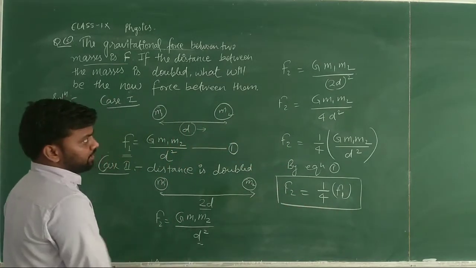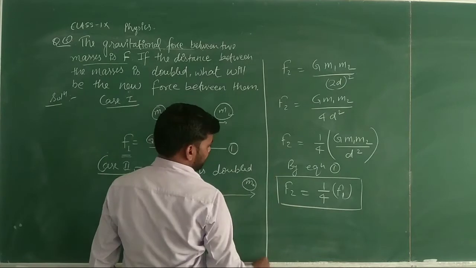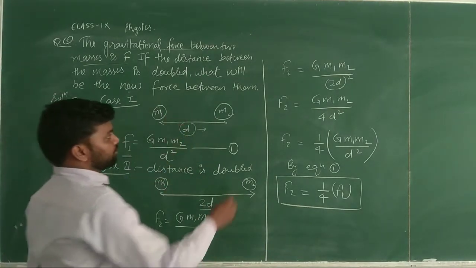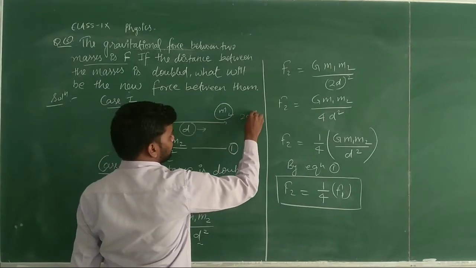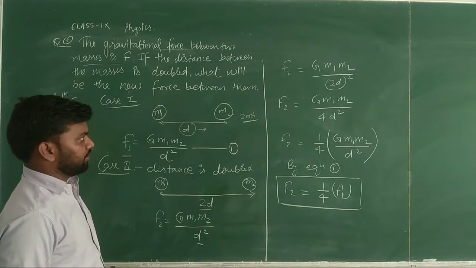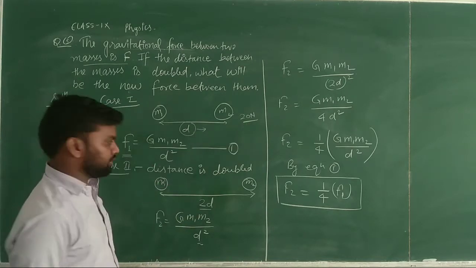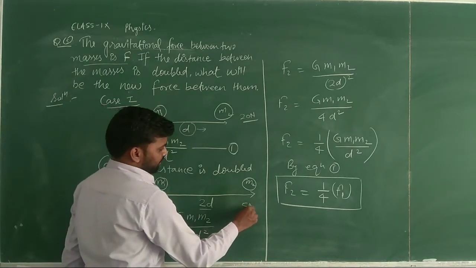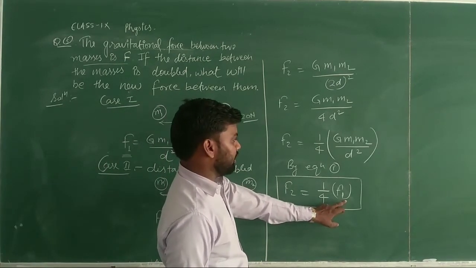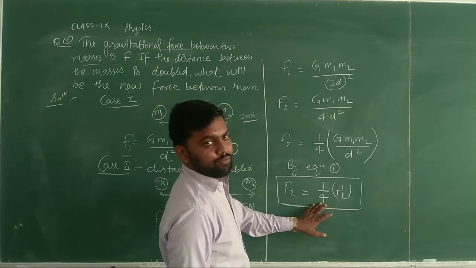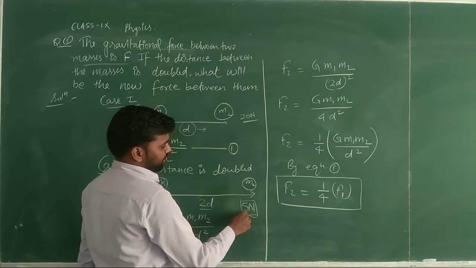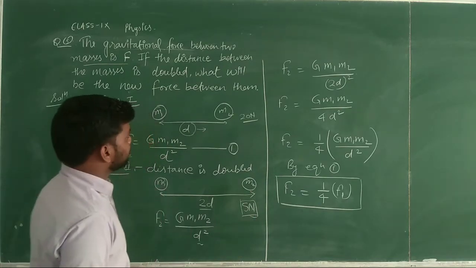Okay, it is the relation in this case. If you are not getting it from here, let us suppose in this case the force was 20 Newton. So what will be the force in this case? Definitely 1 by 4 of this case, the resulting force will be 5 Newton, because we are putting 20, and if we divide 20 by 4, definitely the new force will be 5 Newton. It was the example to understand this question.